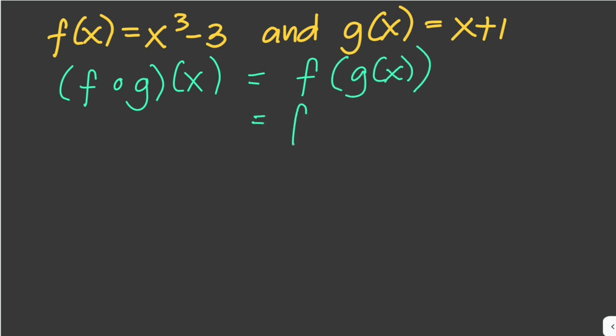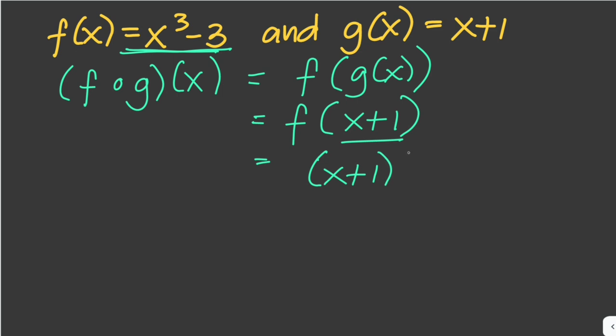So we replace our domain, or the value of x, with the whole function g of x. So this is f of x plus 1, and then we plug in x plus 1 to the whole function f of x. So that would be x plus 1 cubed